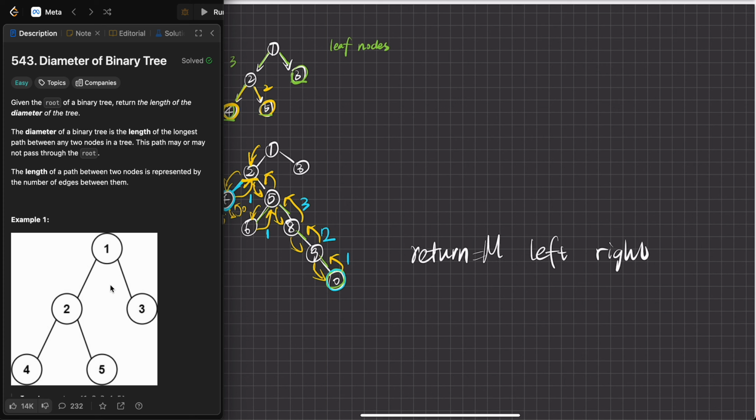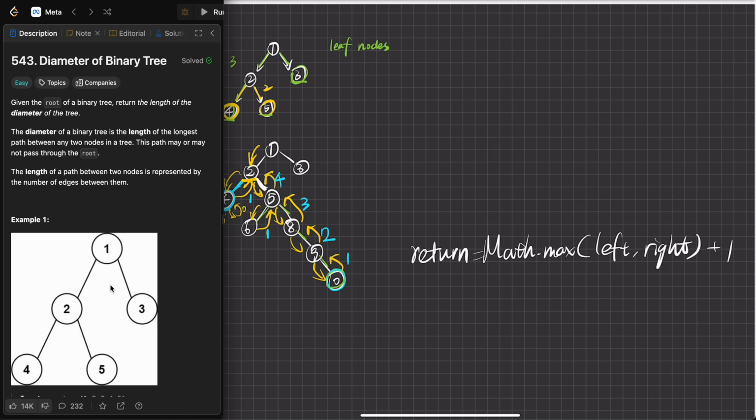So it will just return the max value, and then +1, because the edge going up a level is 1, so it will update